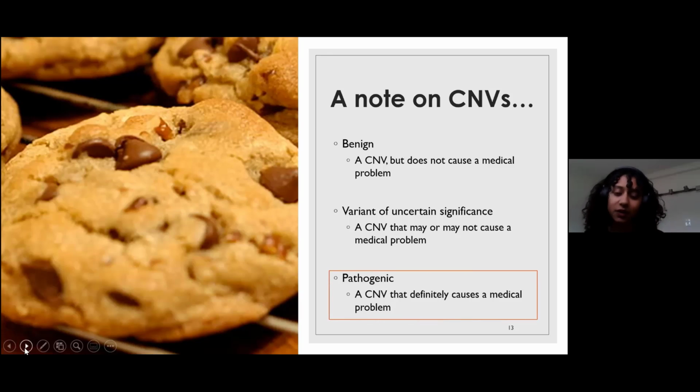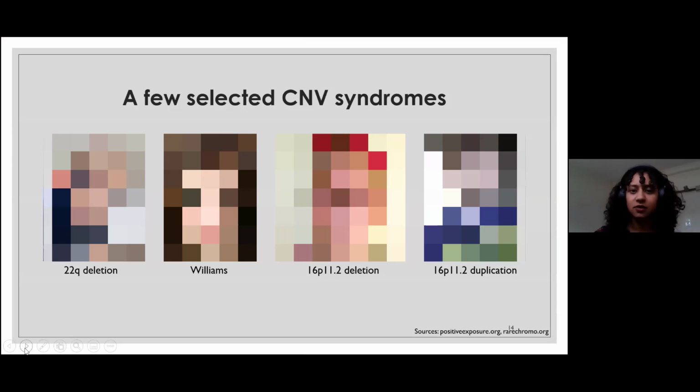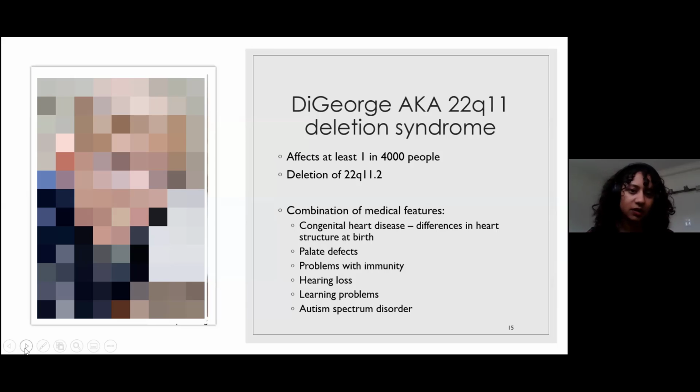And so today we're going to focus on 4 different pathogenic CNVs, specific deletion and duplication syndromes. I'll talk about a few selected CNV syndromes today, like I discussed. We'll talk about 22q deletion syndrome, Williams syndrome, 16p11.2 deletion syndrome, and 16p11.2 duplication syndrome. And all these pictures are from some lovely websites online that I'll mention to you towards the end here. So, talking about 22q11 deletion syndrome,